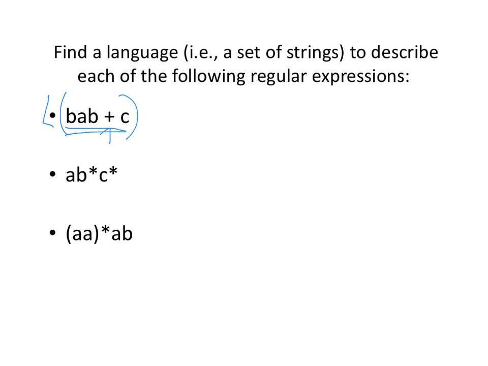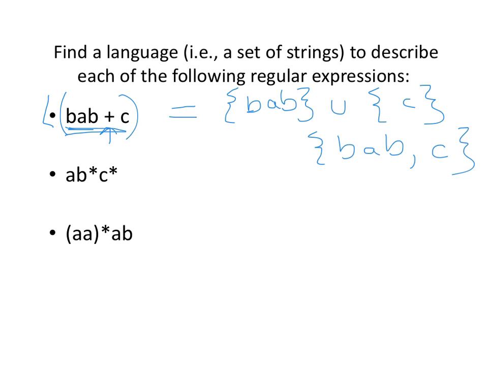And remember that that plus means union, and we've got dots in between these B, A, and Bs. It's concatenation. So the language of this is just BAB, right? A single string union with the set C, which we could also write as {BAB, C}. All